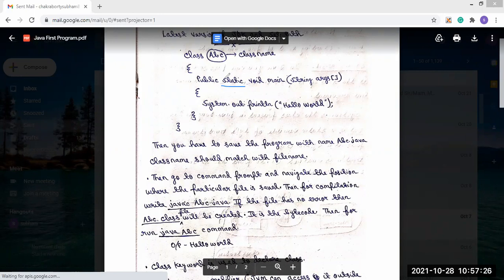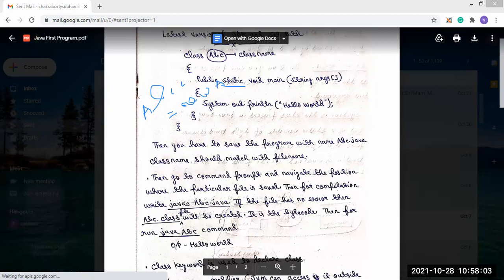Let's say we have a class ABC. To create an object, we write the class name, then the object name, let's say C, equal to new ABC.